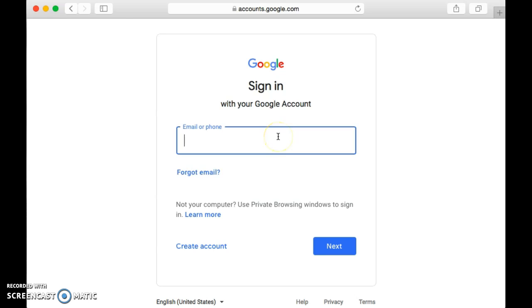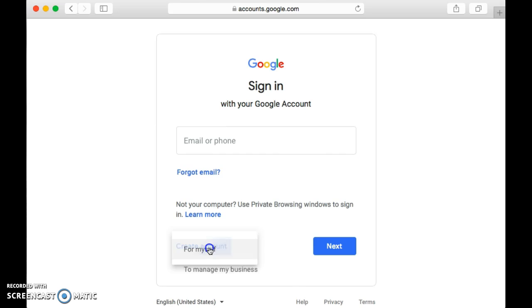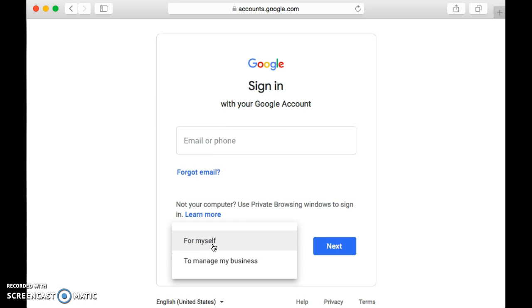And I do not have a Google sign in. So I go down here to create an account. That's what we're trying to do, create a Google account, a Gmail account. So I'll double click this for myself,